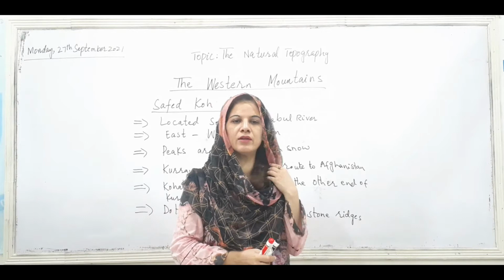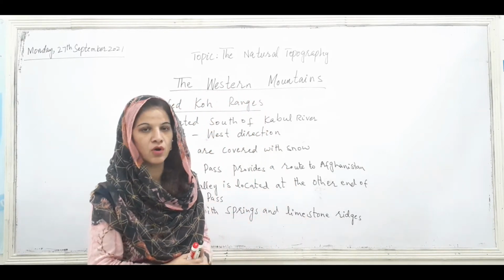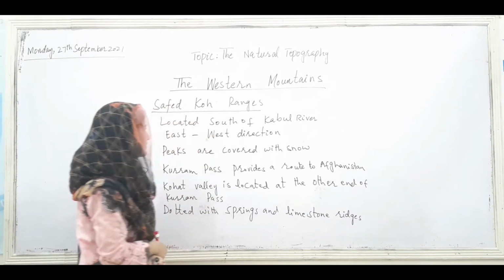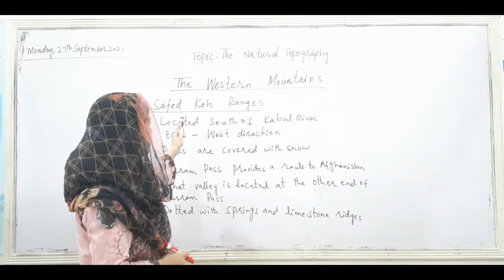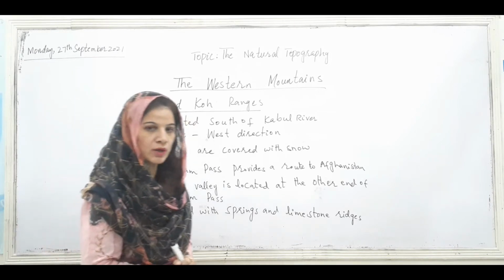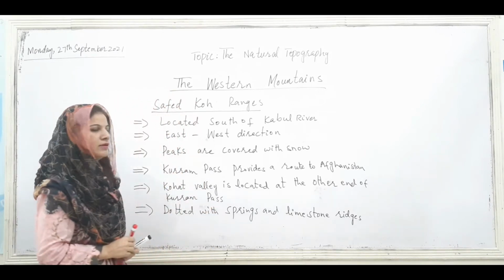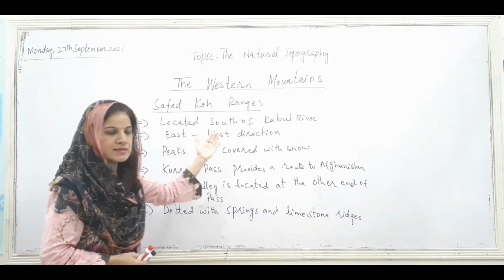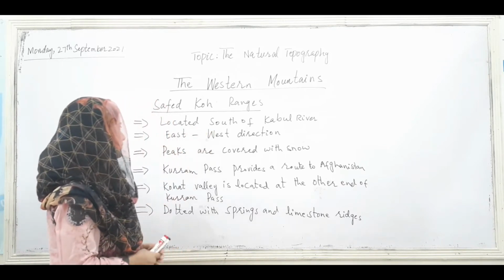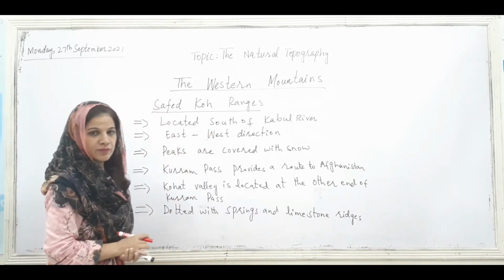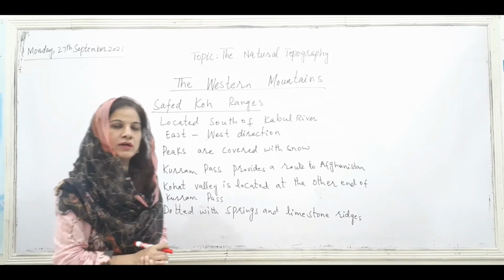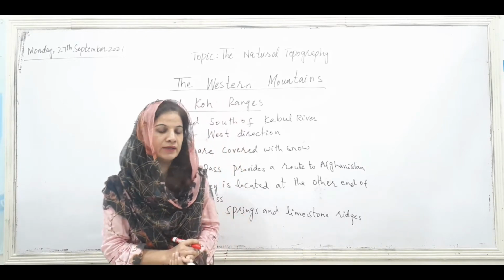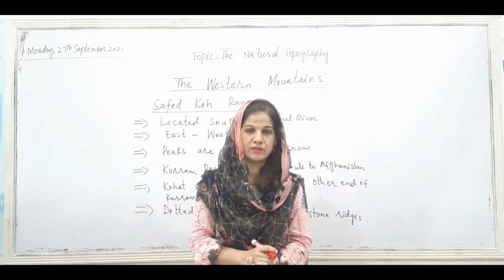The first and most important mountain range of western mountains is Safeco range. The name Safeco is taken from Urdu words. Safed means white and Koh means mountain or pahad. So white mountain or Safed pahad is the name of these mountains. This name is given for a reason, because most of the mountain peaks in these ranges are covered with snow, and this is a unique feature of these mountain ranges, because